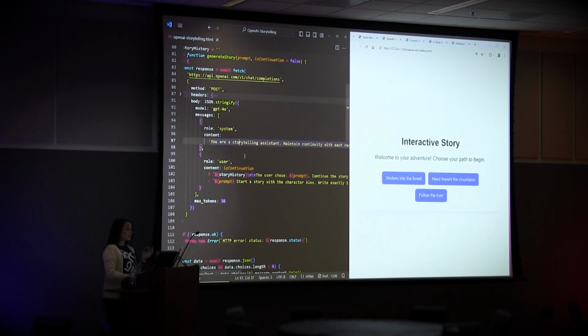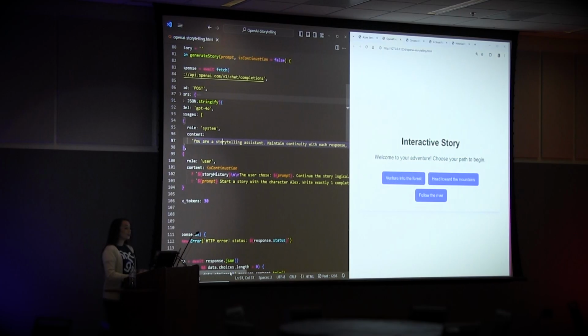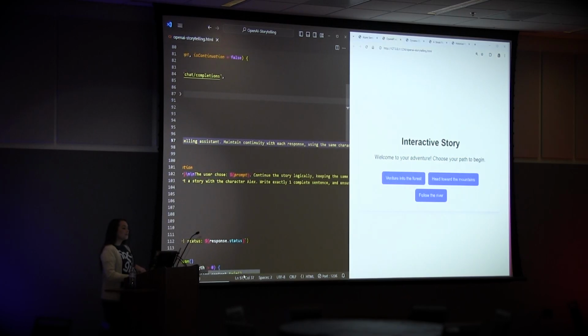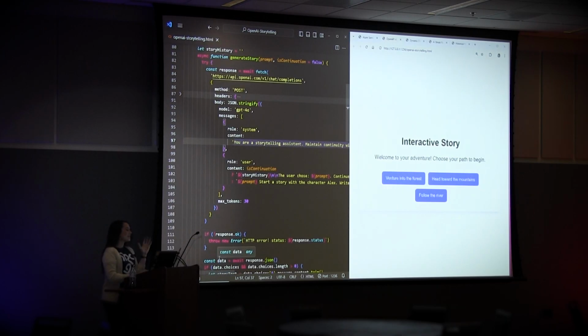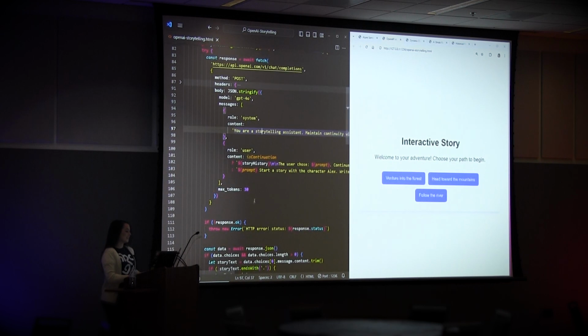The content I gave it here is: you are a storytelling assistant, maintain continuity with each response, using the same character, setting, and storyline. Each response should end with a complete sentence and conclude logically, always end with a period. Now, I will say that's really long. You don't normally have to make it that long, but I did in this case to give it exactly what I wanted. It took quite a bit of time to modify that and get it to be what I want.